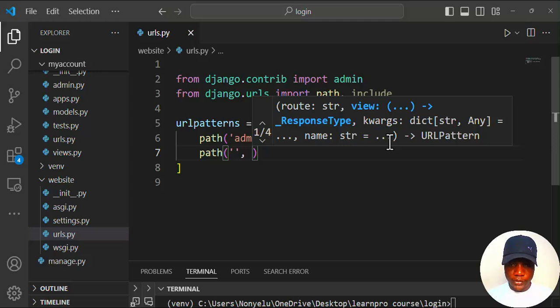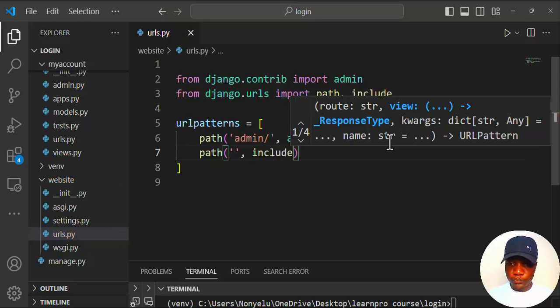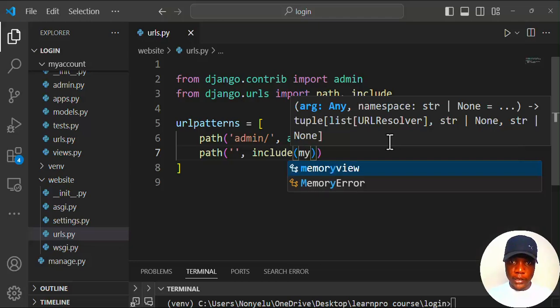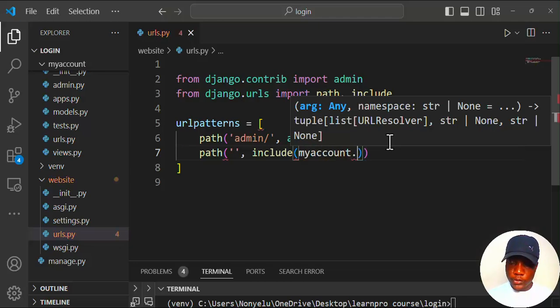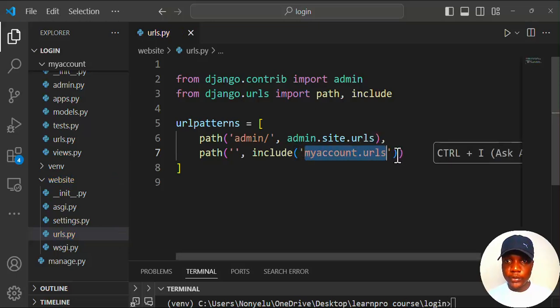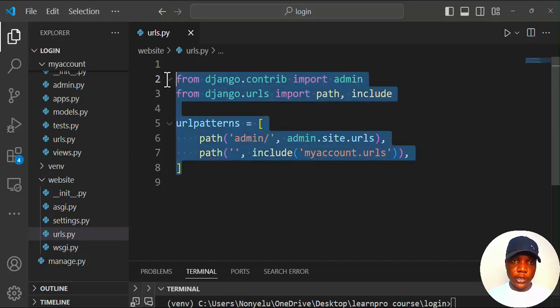of the website. And we are using the include function to include the my account dot urls, and this is supposed to be a string. And that's all for now. Meanwhile, I am also going to copy this one. For now,